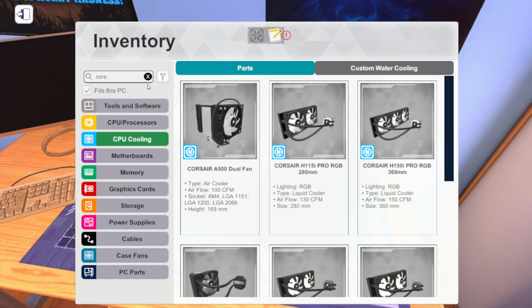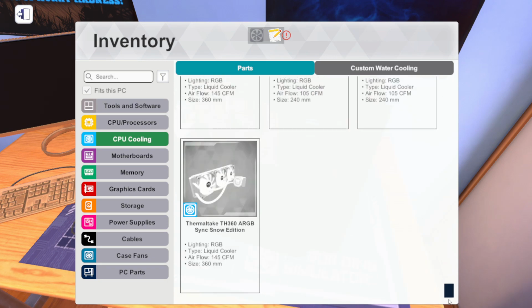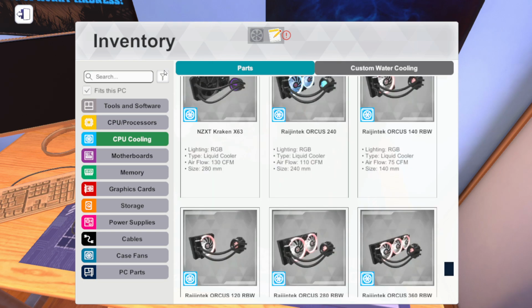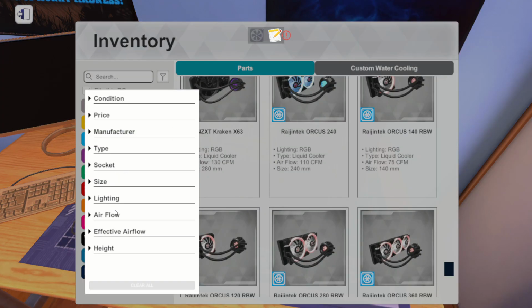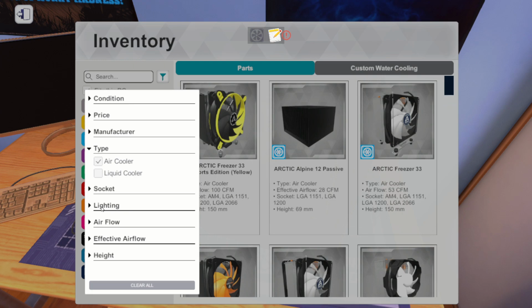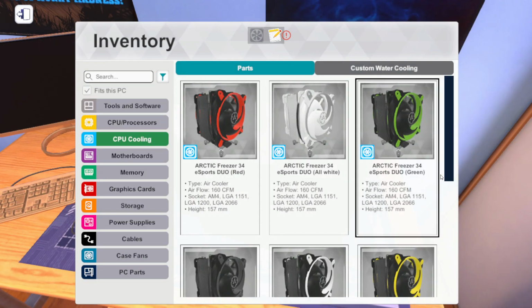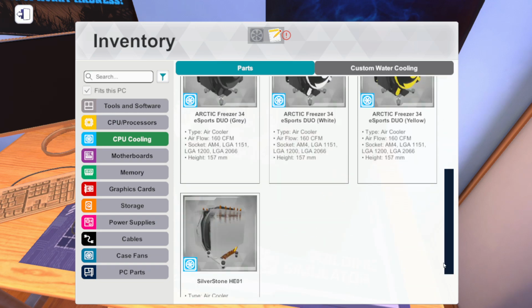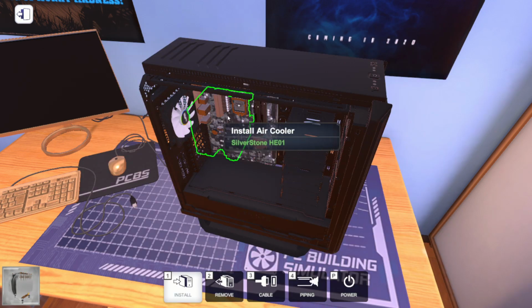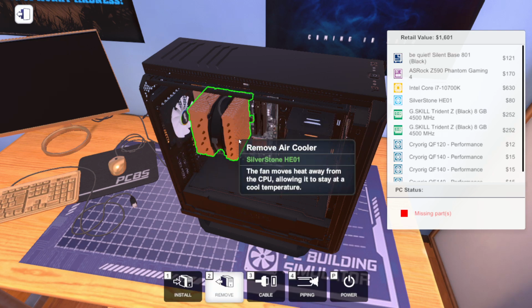So I think our best choice is going to be trying to push as much air across this. So we're going to get an air cooler and the most airflow possible through an air cooler. 157 airflow, not too bad. We got 171, which I think I can shove in this machine. I've never used this fan, so...